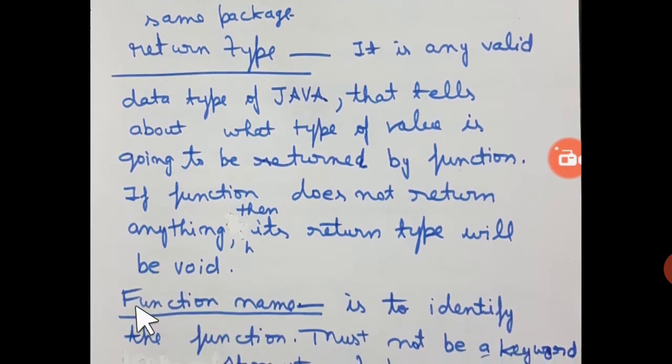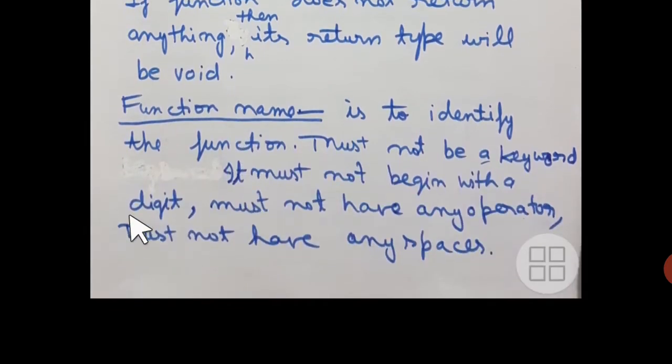So always remember void keyword. What is the meaning of this? It simply tells us that function is not going to return anything. Okay, now after that, students, function name. Function name is very important, as your name is important to you because your name is used to identify you. So similarly, function also needs a name, an identifier. So name is used to identify the function, must not be a keyword. It must not be a keyword.